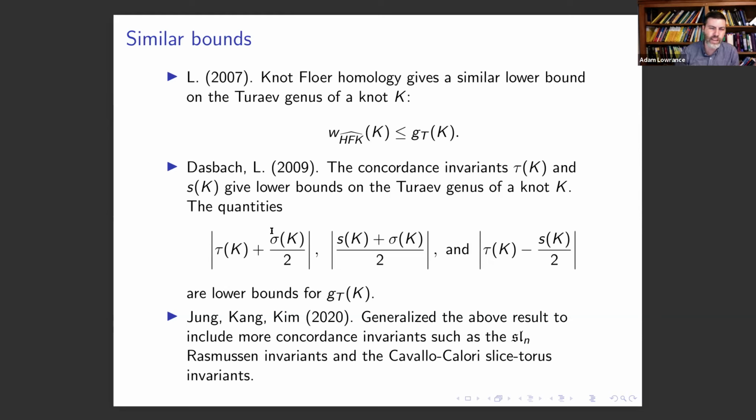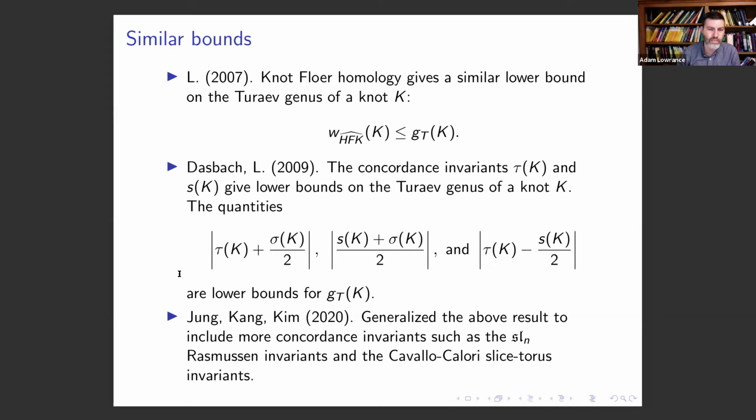And I think it's especially hard to get a handle on what happens with the middle terms, because tau and s aren't particularly easy to compute, and signature, while you can often compute it for infinite families,